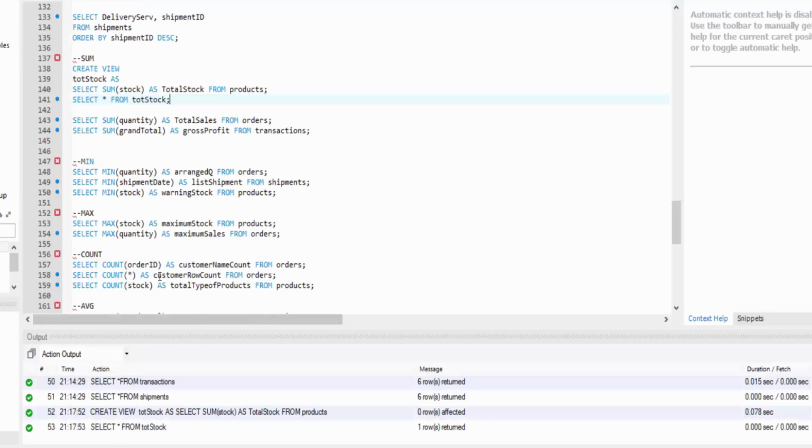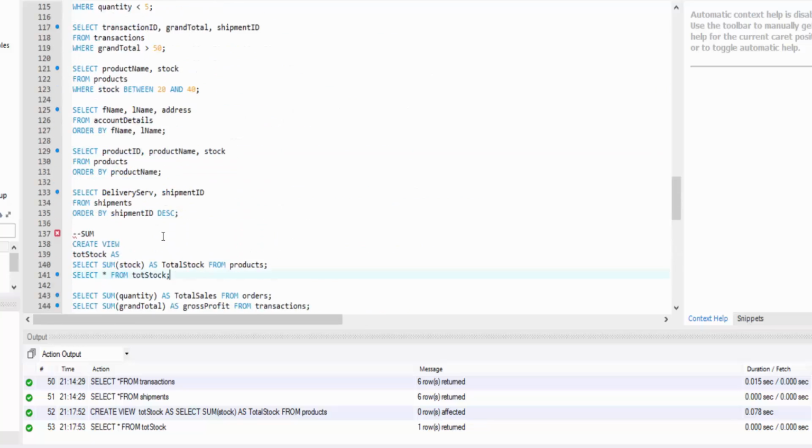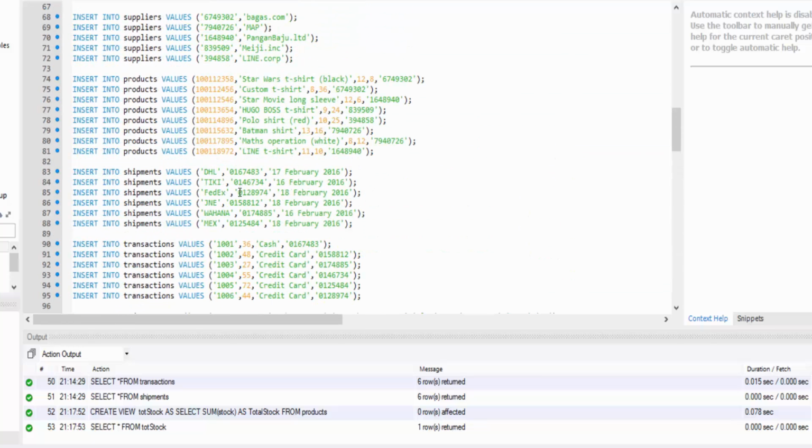For example, I copy and paste this ID. And there you go: JNE and 18 February 2016.